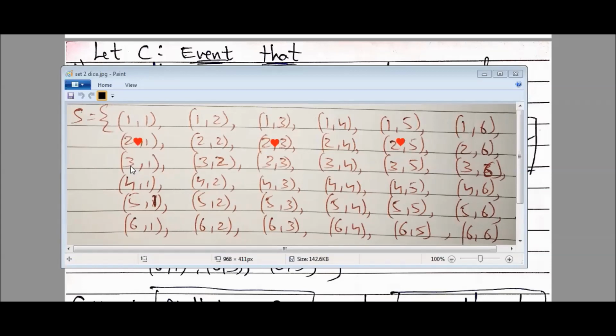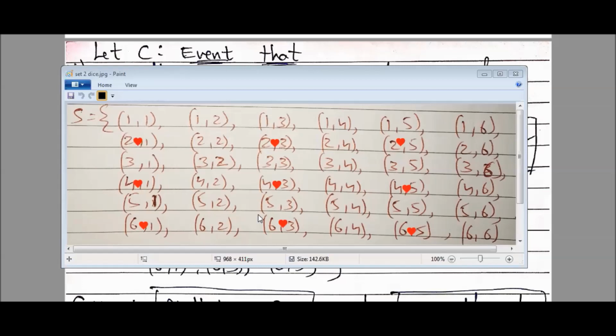Here on the left side it is 3 and I want an even number, so the entire row will not come because the entire row has 3. Next, 4 comma 1. Yes, 4 is an even number and 1 is an odd number. 4 comma 1, 4 comma 3, 4 comma 5. Similarly, 6 comma 1, 6 comma 2 will come? No, both are even. 6 comma 3 and then 6 comma 5. So these 9 elements will come in my case 1. Okay students, so these 9 elements will come in case 1.